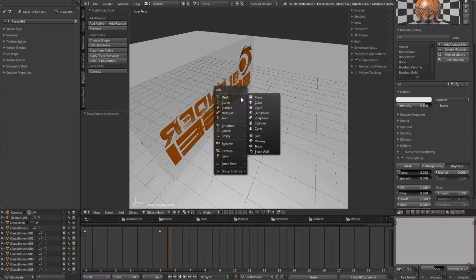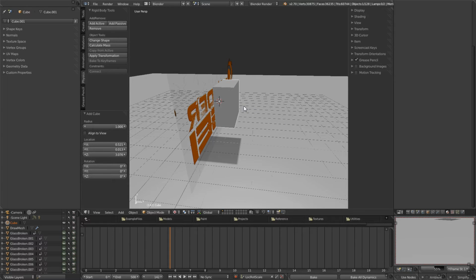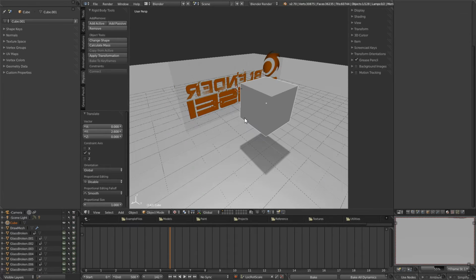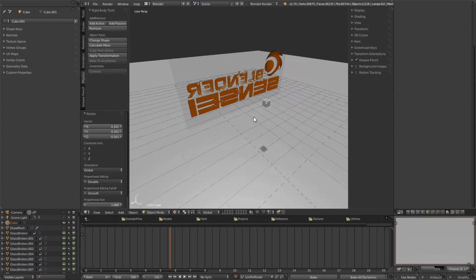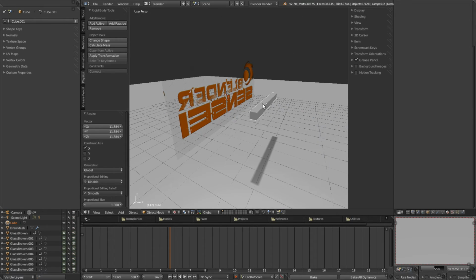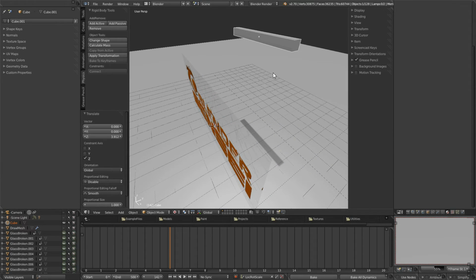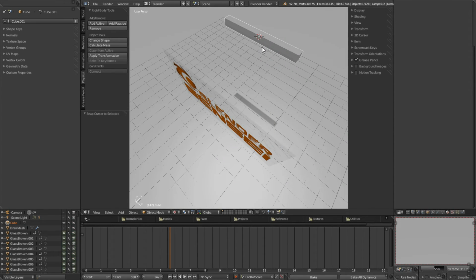Tap Shift A to add a cube, and I'm going to hit G to grab, pull this out, S to scale it down some, S, tap middle mouse to constrain it to stretch it out horizontally, G to grab, and move it up here. Then I'm going to tap Alt Shift right click again to move my 3D cursor to